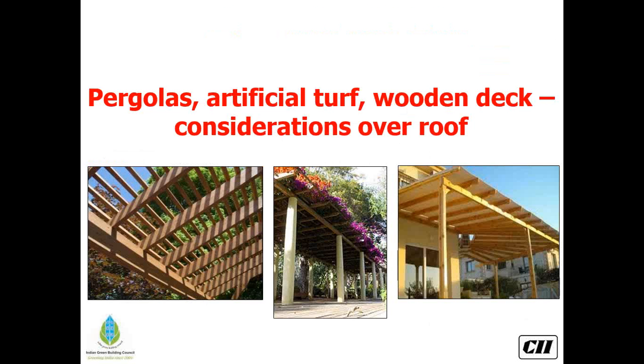Another query that we come across is projects having landscape elements such as pergolas. Pergolas, being an aesthetic element of a building, will not be counted under heat island effect roof calculations. However, pergolas having permanent vegetation over them or covered with another material can be considered to address heat island effect roof. One more query that we normally come across is projects having swimming pools over the roof